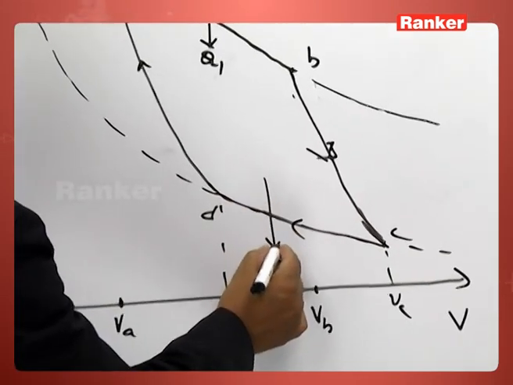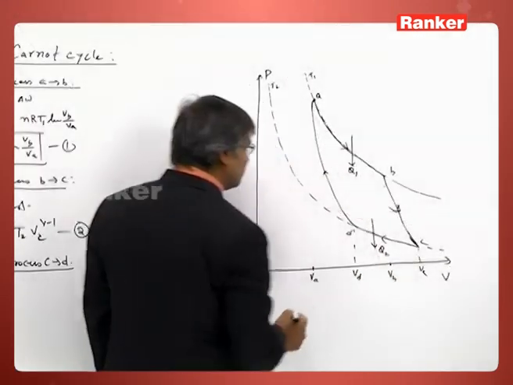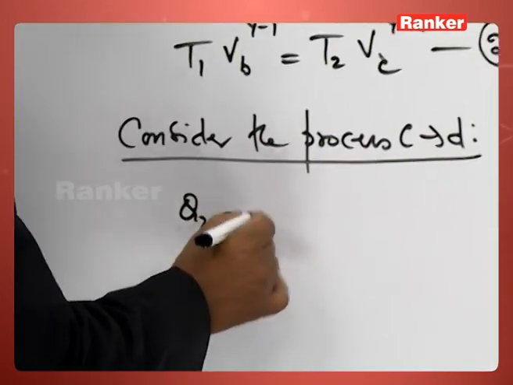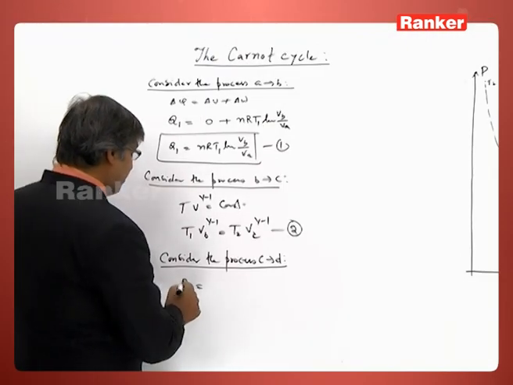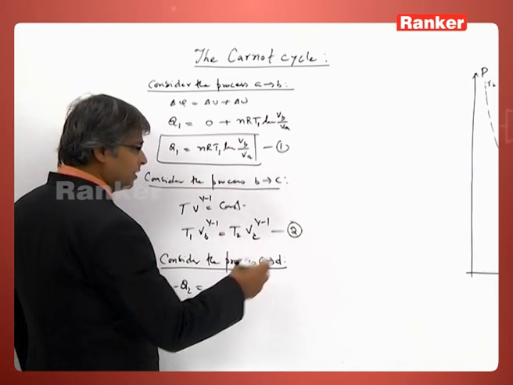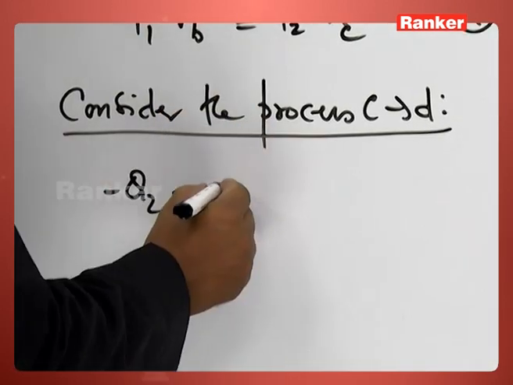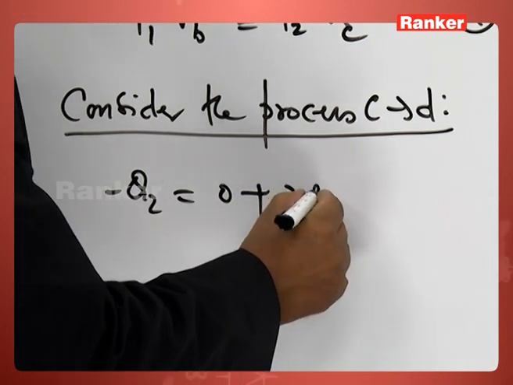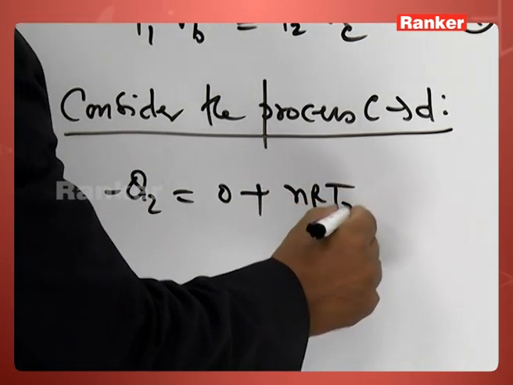So heat is rejected, suppose I say it is Q2. That will be actually minus Q2 because it is rejected, and no change in internal energy, by nRT2